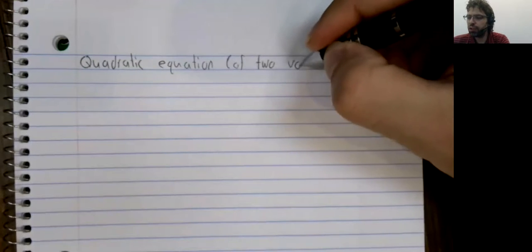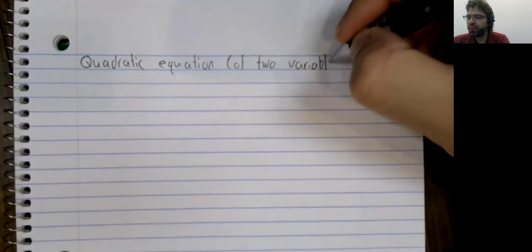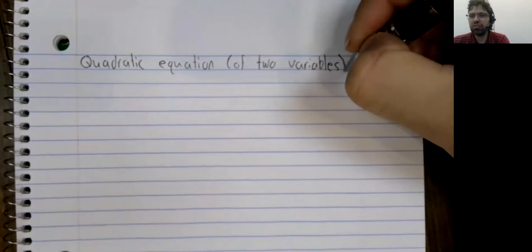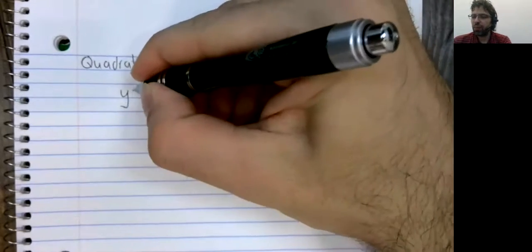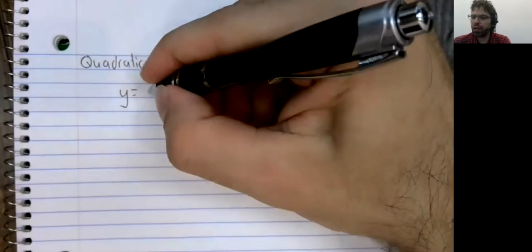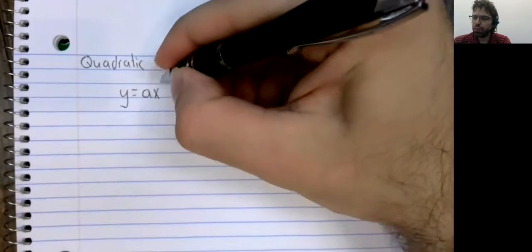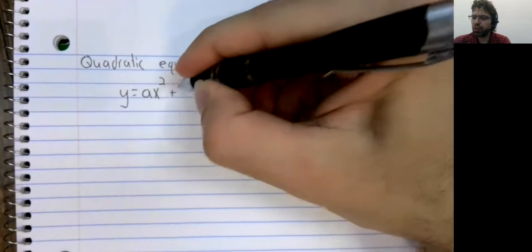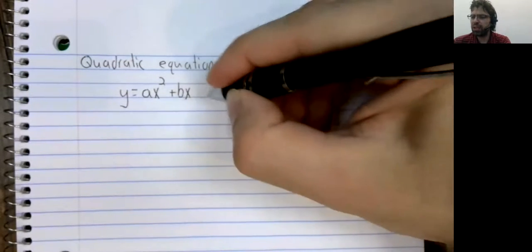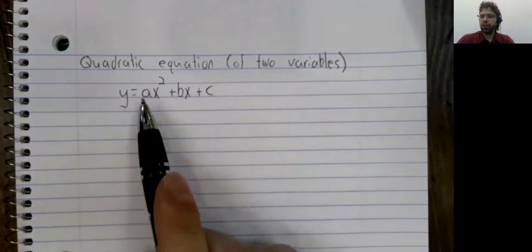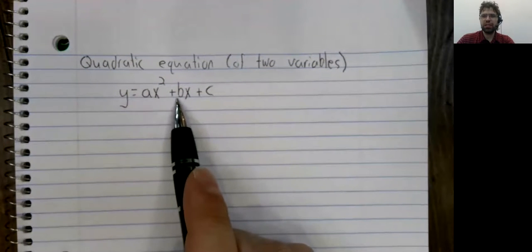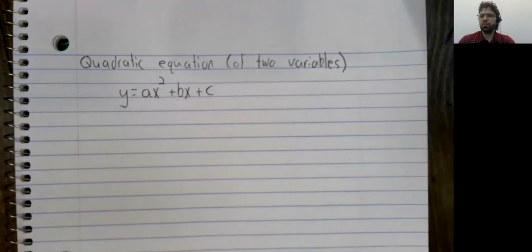Sometimes we'll add "of two variables" because we've got two variables. We've got an x and a y. It's an equation of the form y equals ax squared plus bx plus c, where a and b and c are just